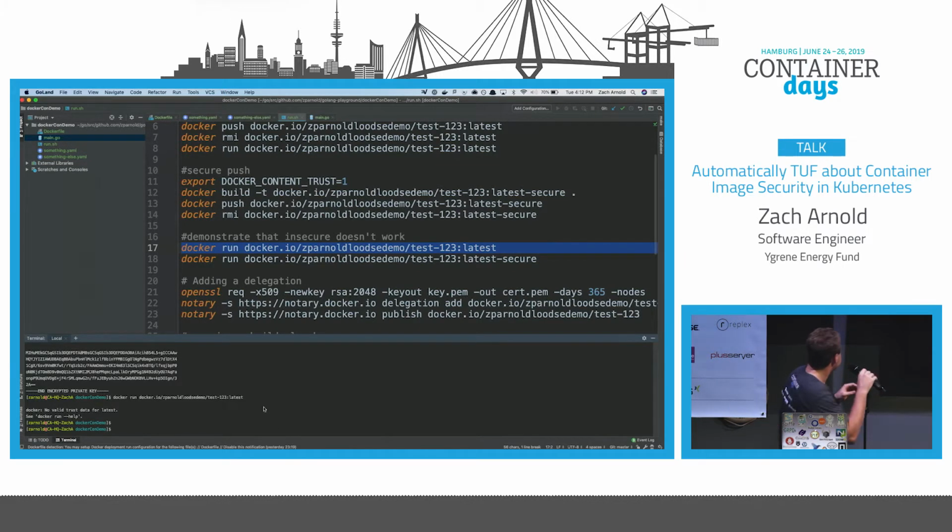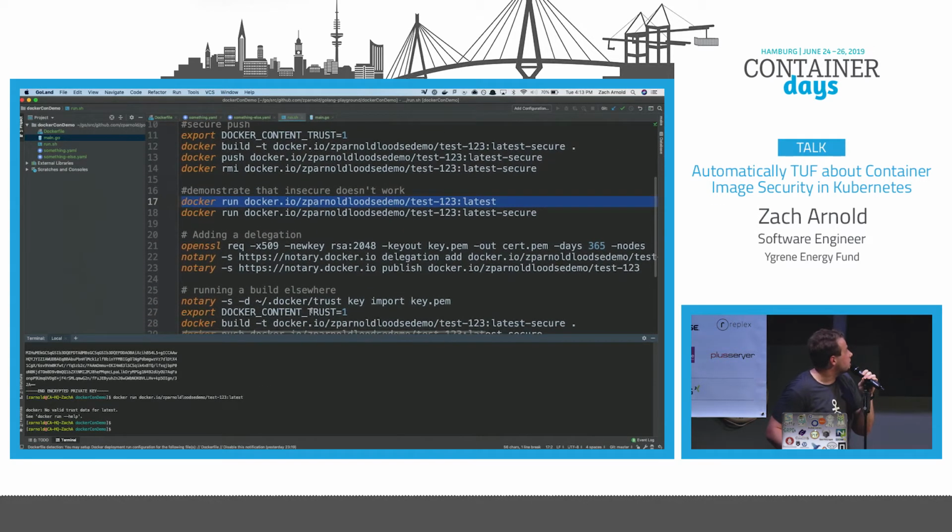Okay, so this basically said, I can't run this image because there's no signed metadata with it, which means that this is an insecure image and it will no longer trust it, which is perfect. We got all of that out of one environment variable. That was quite nice. Okay, so we're going to skip over this because I'm already running out of time, but